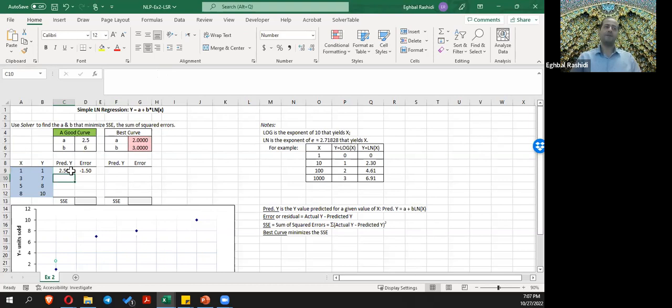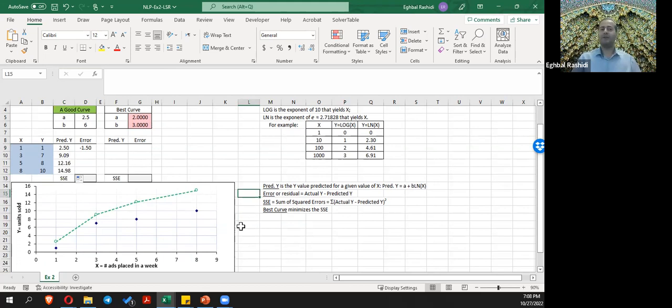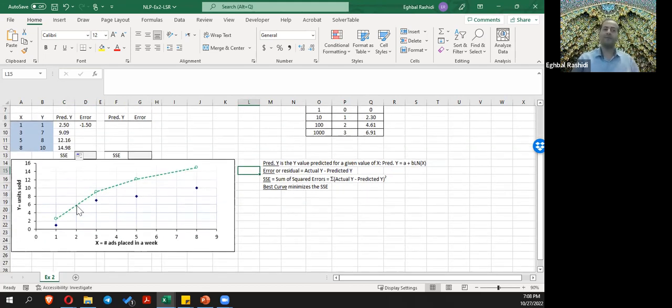So that's going to give us the predicted value based on x equal to 1. I'm going to drag this down, so it's going to compute the function for the different x's that we have here. And by the way, these are our actual y values that we want to fit the function to. Right, so we have actually plotted the Excel file, and as you can see, it automatically plotted